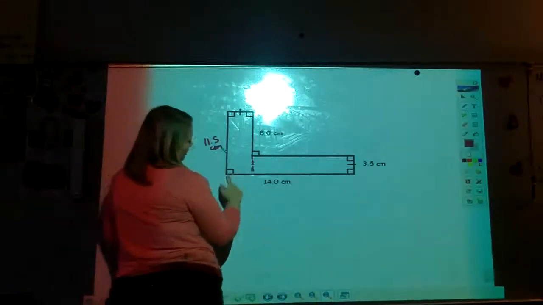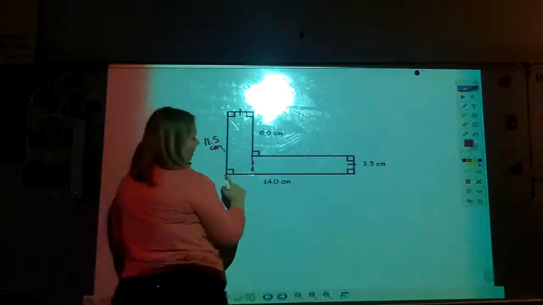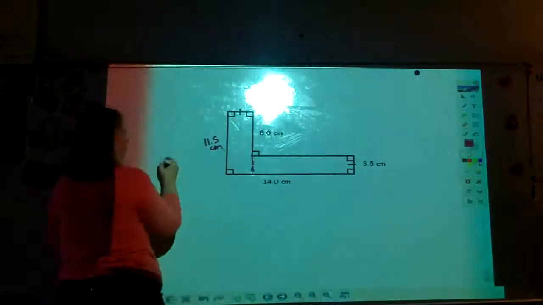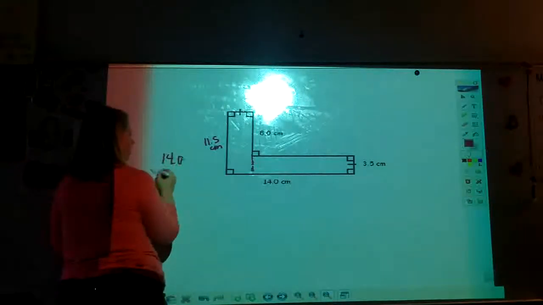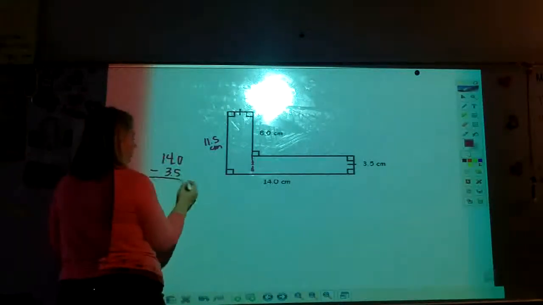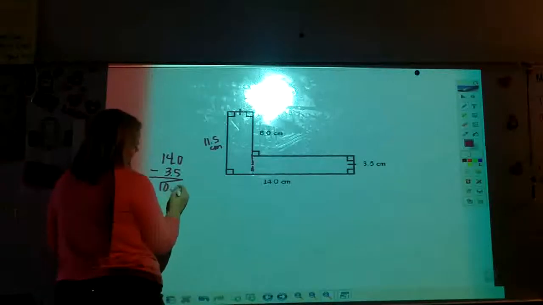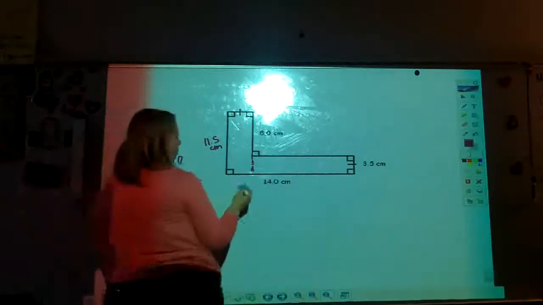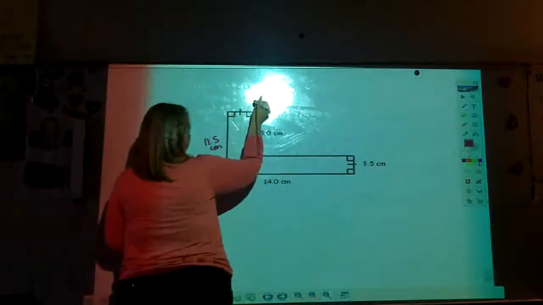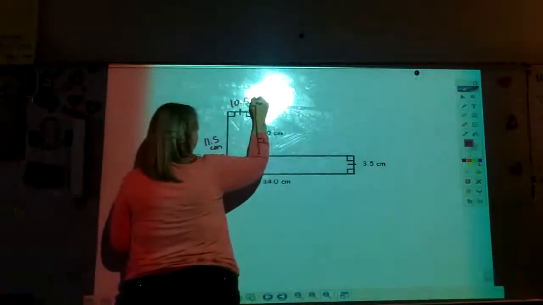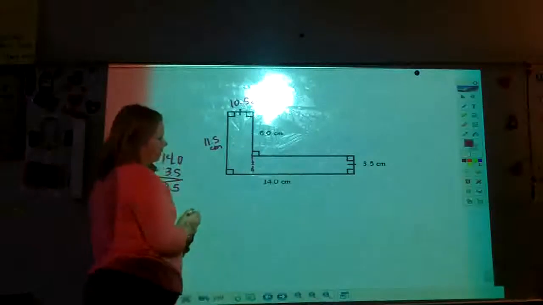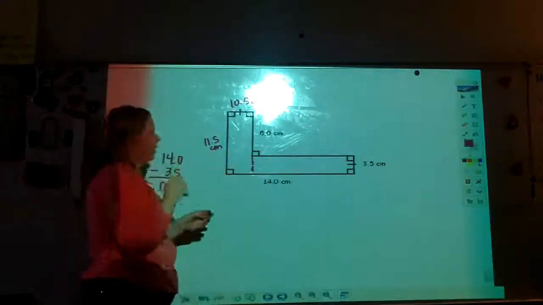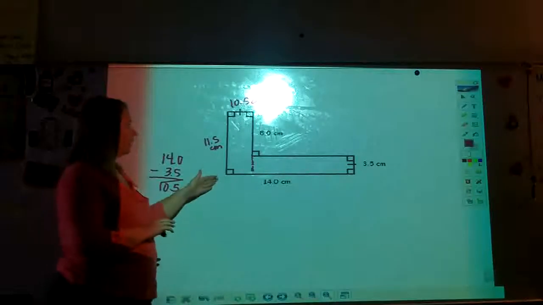And its width would be 14 minus 3.5. So I'm going to come out to the side and do 14.0 minus 3.5, and you would get 10.5. Okay, so that tells me that the width of this is 10.5 centimeters. Okay, so this rectangle, in order to find the area of this, we would